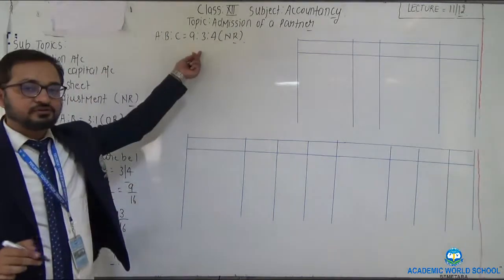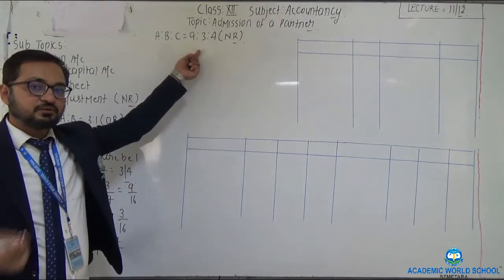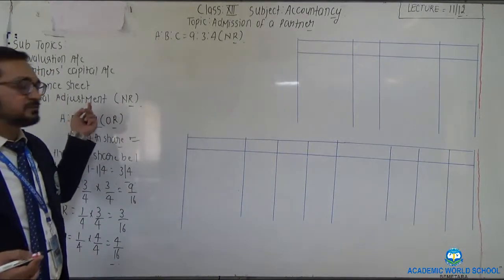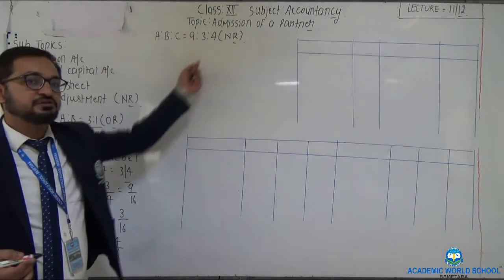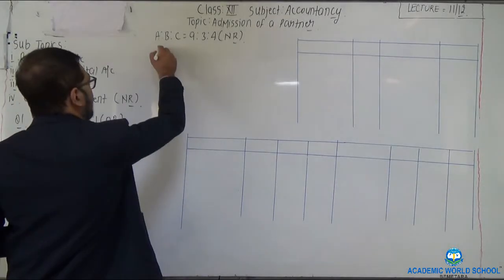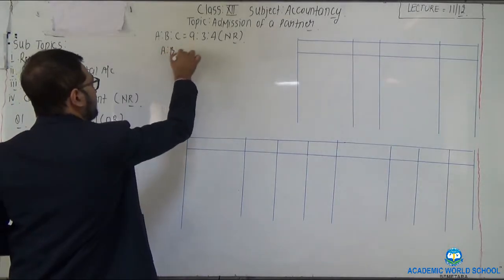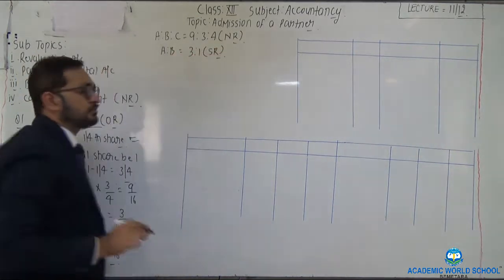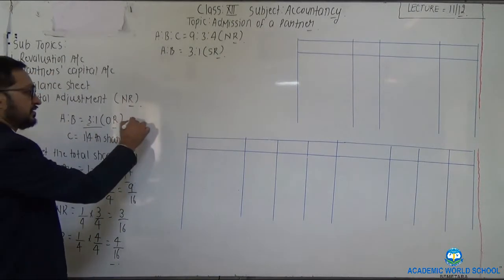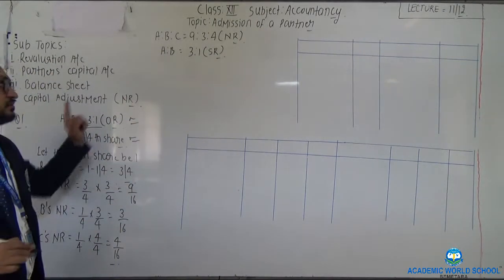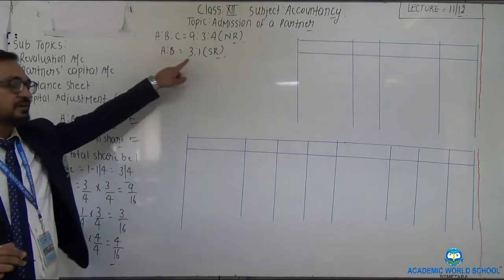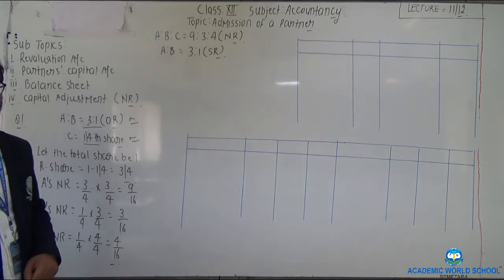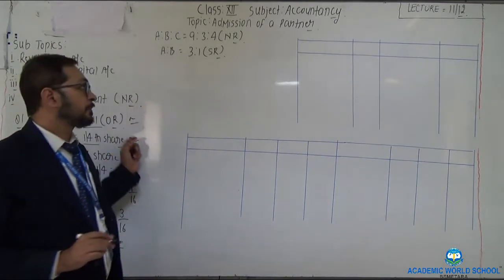What is the use of new ratio? New ratio is calculated for the purpose of capital adjustment. To solve the capital adjustment, we need to calculate the new ratio. Clear? After that, the sacrificing ratio would be same as their old ratio, that was 3:1. It is given here in the question that the old ratio was 3:1. So the sacrificing ratio between the partners would be 3:1, as the new partner is admitted in fractional form. Clear to you?